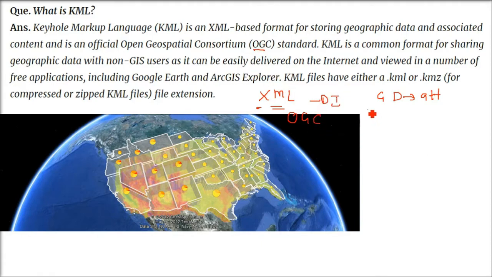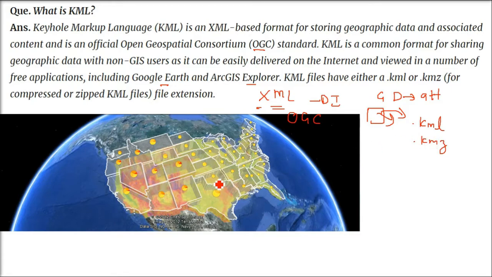So you want to share data, you want to send data, and you want to show the data. Data means point, line, polygon, features, all these on internet based applications. For this we needed some different kind of data, not the shapefiles. So we got KML and KMZ. KML is a single file, KMZ is a compressed file.